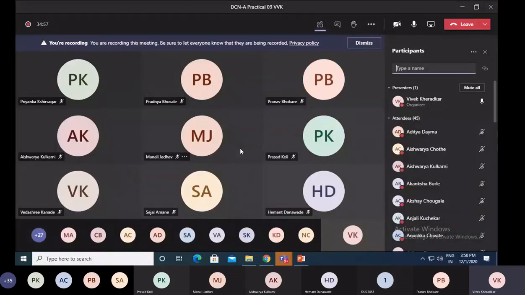But what about class D and E? What are you displaying for D and E? The default mask for D and E is not there, right? So you don't display a default mask. It is used for multicast addresses. And what is the net ID and host ID for class D and E? It is also the same. There is no net ID or host ID. Okay. Yes or no?